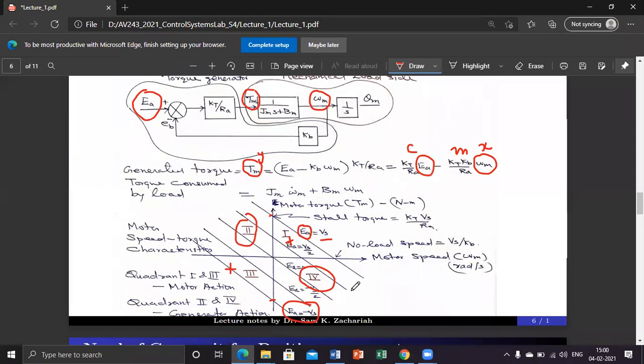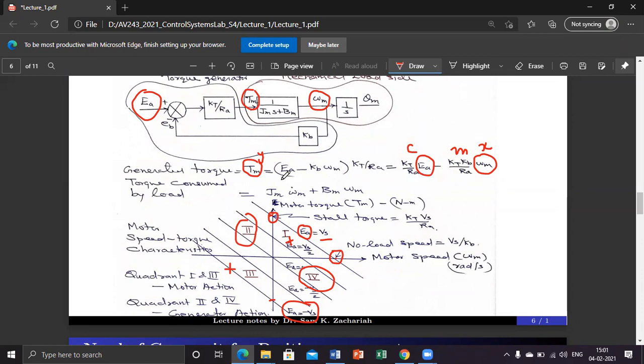There are two important parameters of the motor with respect to speed torque characteristics. One parameter is this point, I have marked as an arrow here. This is called no load speed. And another parameter here is called stall torque. It has two physical meanings. Stall torque is nothing but stalling, which means keeping stationary. We are arresting the motion of the rotor. While we arrest the motion of the motor, it gives the maximum torque.